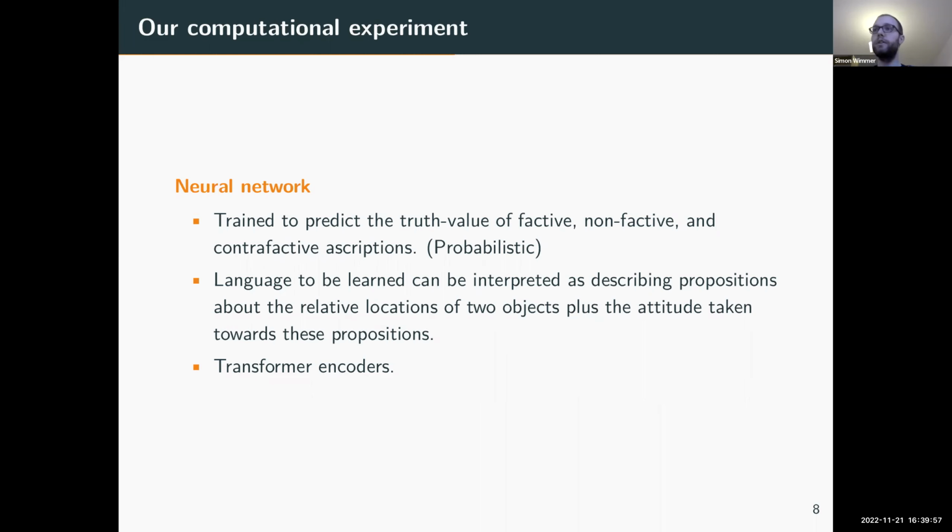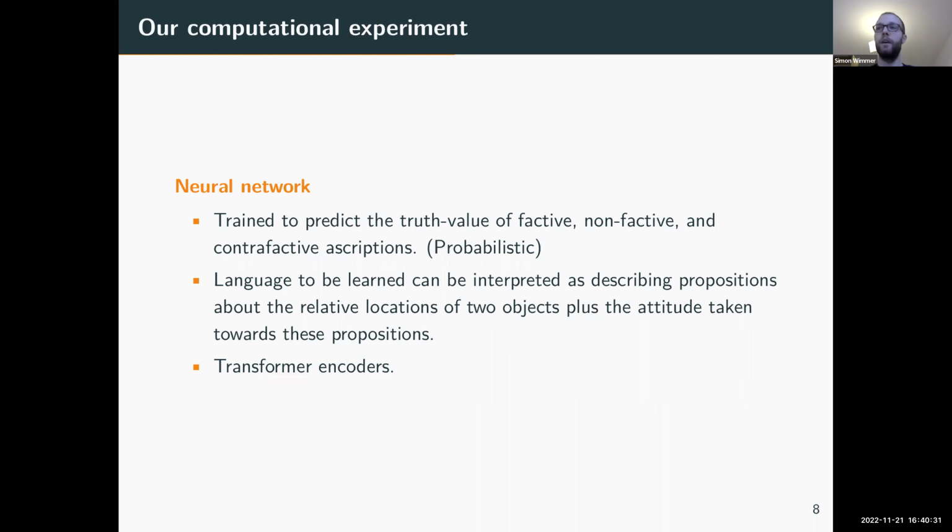So what we've tried to do is to train a neural network to predict the truth value of factive, non-factive, and contrafactive attitude descriptions, and see how that training works, whether there's differences in how quickly the neural network gets up to speed and how accurate it is. And the language that this neural network learns can be interpreted as describing propositions about the relative locations of two objects, plus the attitude taken towards these propositions. So it's a pretty simple language, but hopefully sophisticated enough to give us a concrete sense of what expression type